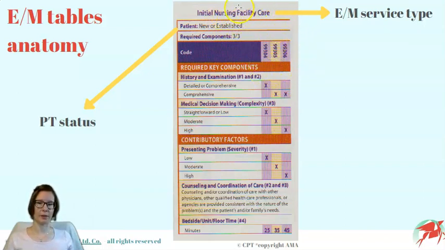Once the visit type is known, we have to go on to determine the patient status. The patient status means whether the patient is new or established to the examining provider. In order to determine this, please see the EM guidelines and the decision tree on page 7. While status is always listed in the EM tables, it is not going to be relevant for every EM service type. For example, here in initial nursing facility care, the status is defined as new or established. So this table does not differentiate between new or established patients. Both new patients and established patients can be coded using the same codes and the same table.